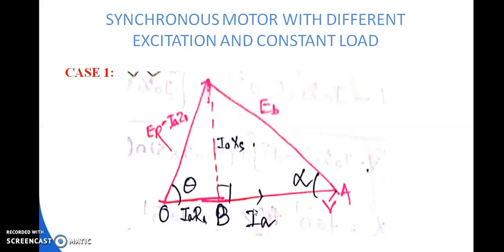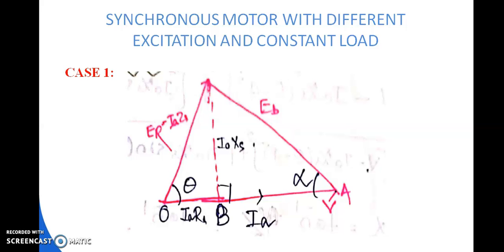We know for the unity power factor case, current and voltage will overlap. They will have angle 0 between them, that is, the current phasor and voltage phasor will be in the same phase,